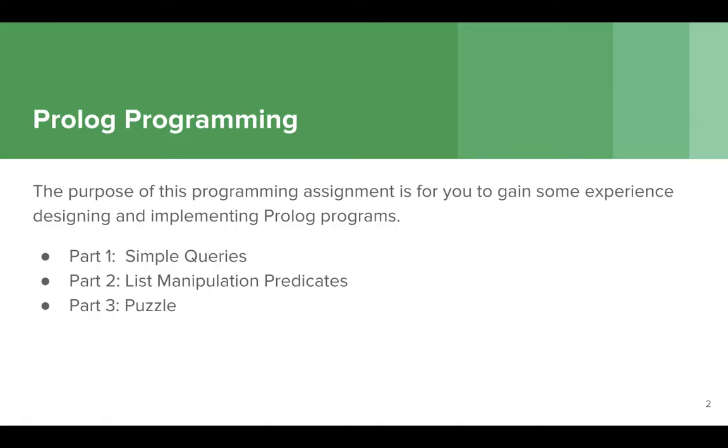So homework 5 is about programming in Prolog, and hopefully with this assignment you'll gain some experience designing and implementing Prolog programs. The homework assignment is divided into 3 parts. The first part is just about making simple queries. The second part involves writing some predicates to manipulate lists, a basic task in programming. And the third part is about solving a fun classic puzzle in Prolog, and it is very